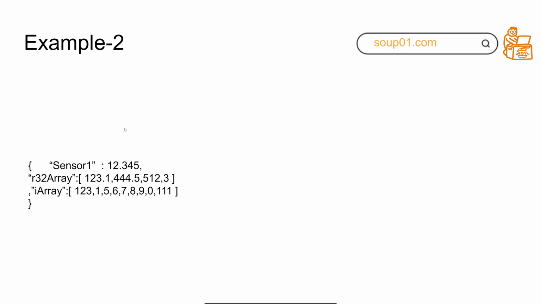Okay, so the second example will be more complex. You would not only have a single key and value, but also two arrays. One is a 32-bit real number array, and the other one is a 32-bit integer array. Sometimes it's more efficient to use an array than a single key and value, because